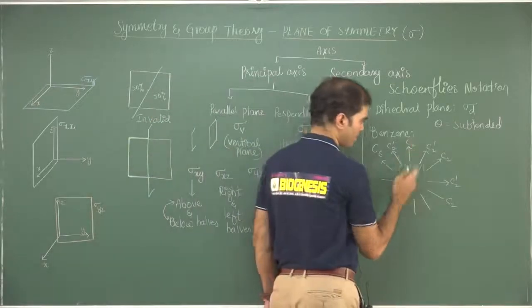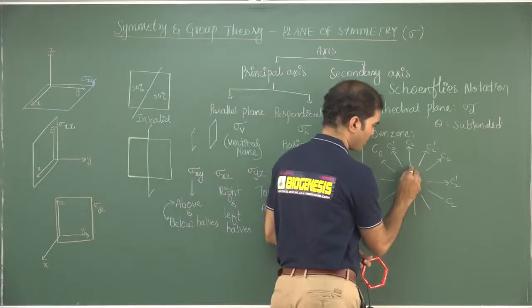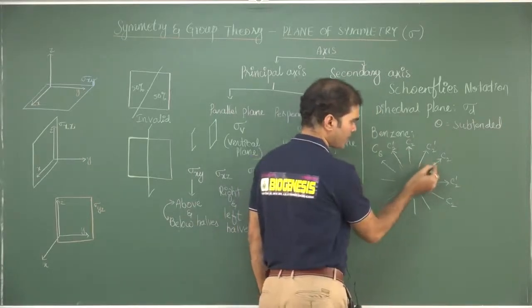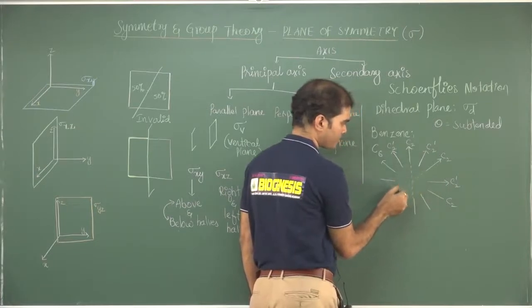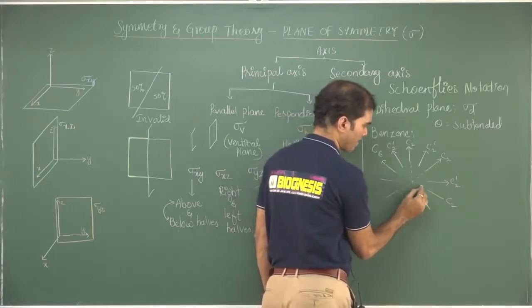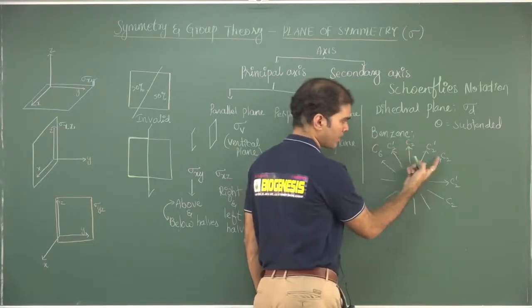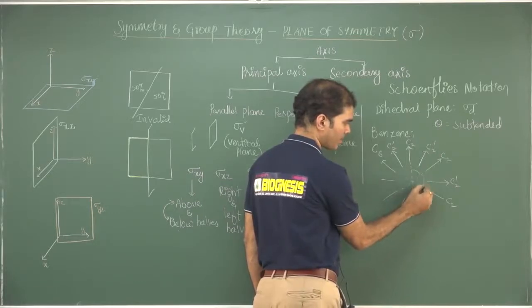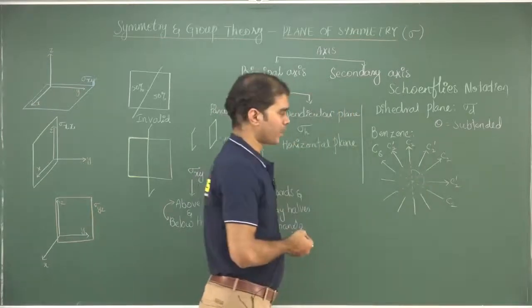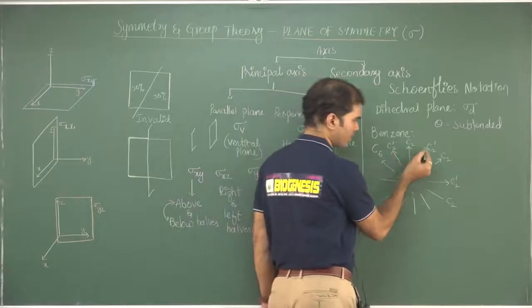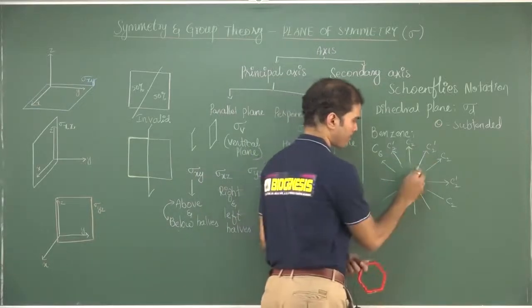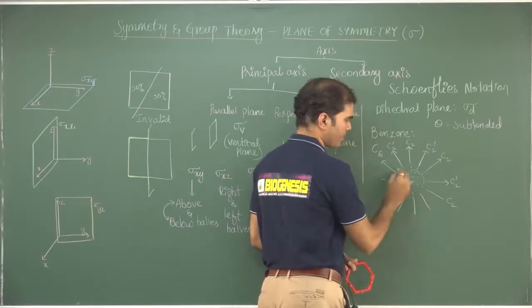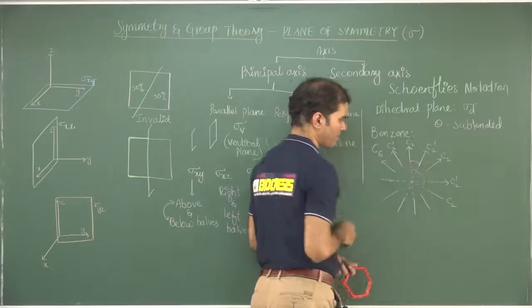First let me start with this C2. I am putting a dotted line, extending it. This is another C2. This is a third C2. C2, C2 and C2, they are making some angles. This is one angle, or this is another angle. Next, this is a C2 prime. This is another C2 prime. There is also an angle between C2 and C2 prime.